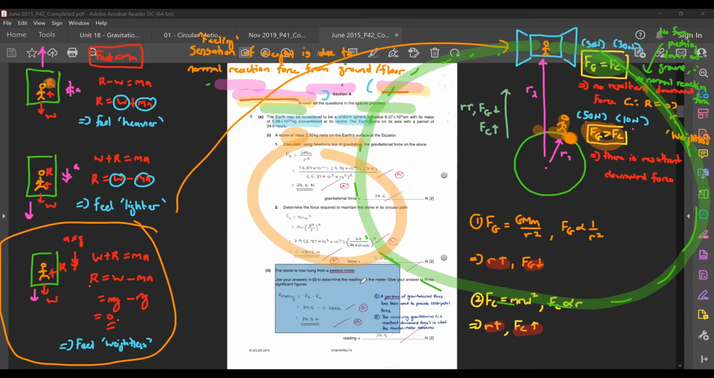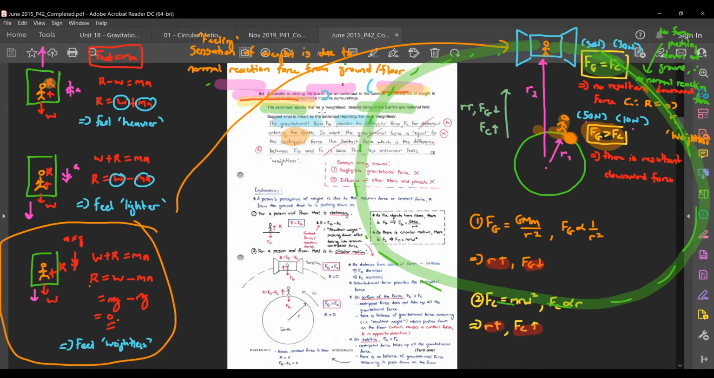You cannot just simply say Fg equals Fc here because they're not the same in the first place. Fg was actually more than Fc here. Okay, right? So just to get that thing,